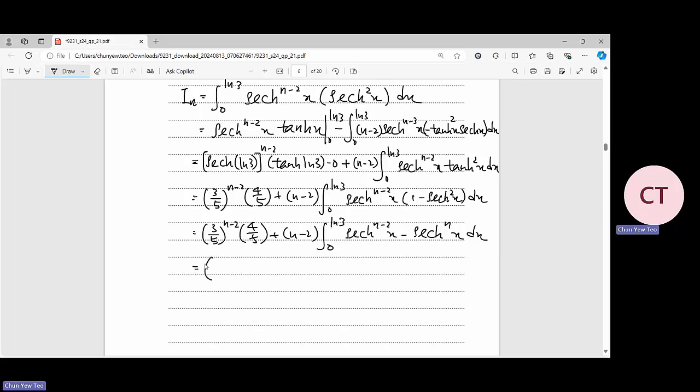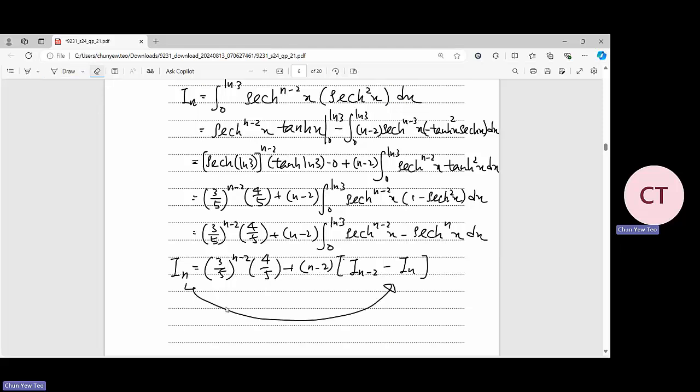So that means this is 3 over 5 power n minus 2, 4 over 5 here, plus the n minus 2. This actually is considered as I n minus 2. This is considered as I n. Just like that. So I n and I n, in front here still have an I n. So the I n and I n need to join together. We need to combine them together. So if you combine them together, then you will get this as n minus 1,